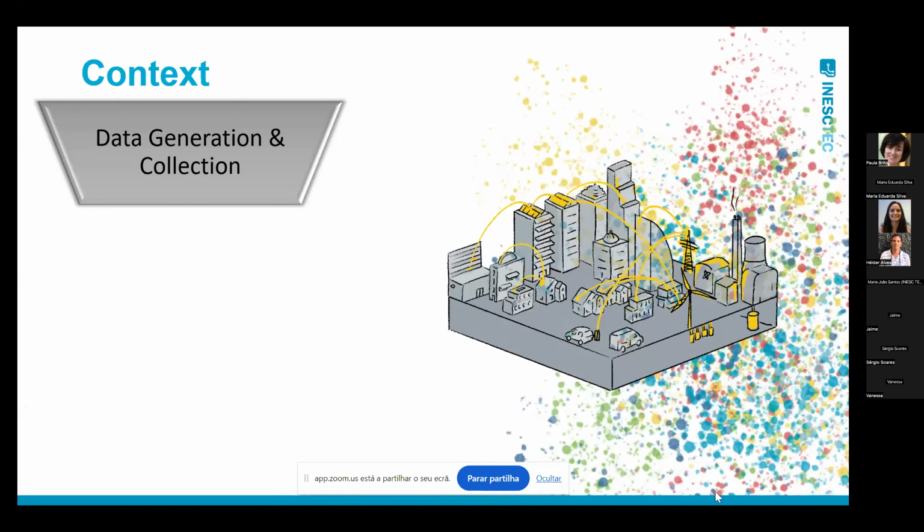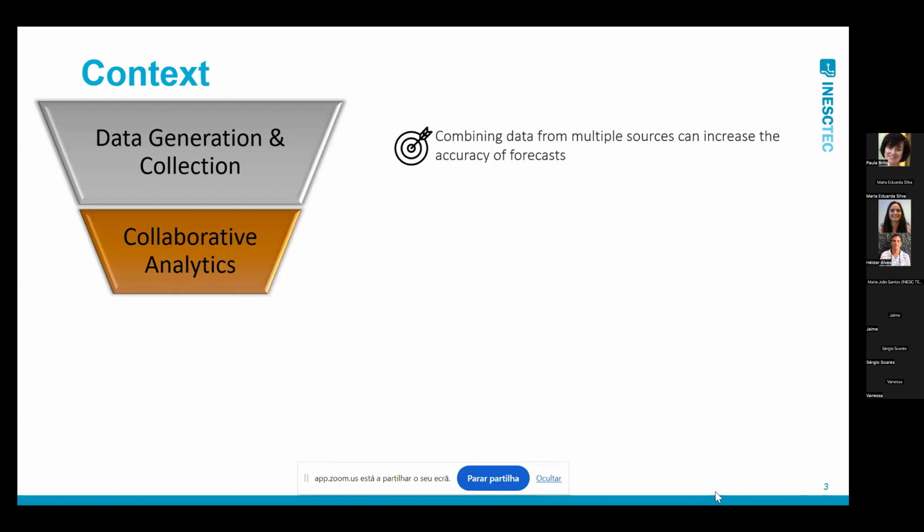So first of all, the context. Why do we need collaboration? Why do we need incentives? We live in a modern society where much data are being generated and collected, and this includes power systems where we have many sensors collecting meteorological features, power consumption, power production, electrical vehicle chargers, occupancy, and many other features. And there are also many studies showing that if we combine different data sources, we can potentially improve